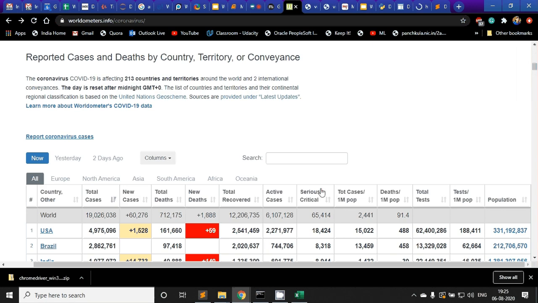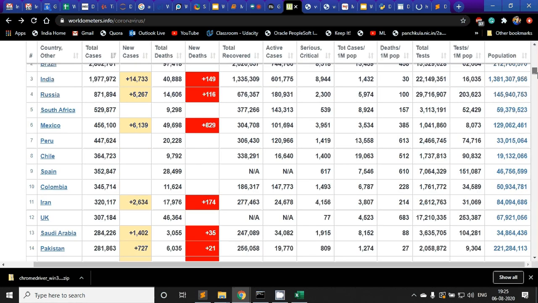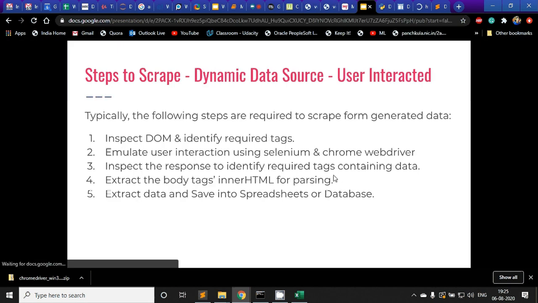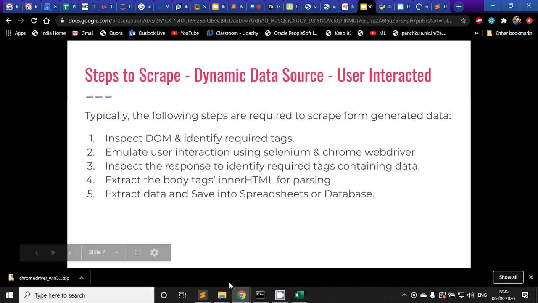So let's quickly discuss these two more slides and let's see how we will do it in actual coding form. Before that, we will go through one or two scripts, the writing style. This particular class is just an introductory session on all of this. We will go into basics in upcoming sessions for all of these components, be it Python, HTML, CSS, JavaScript, or parsing, or file formats, or how to save it into spreadsheets. We will go over it through different examples.